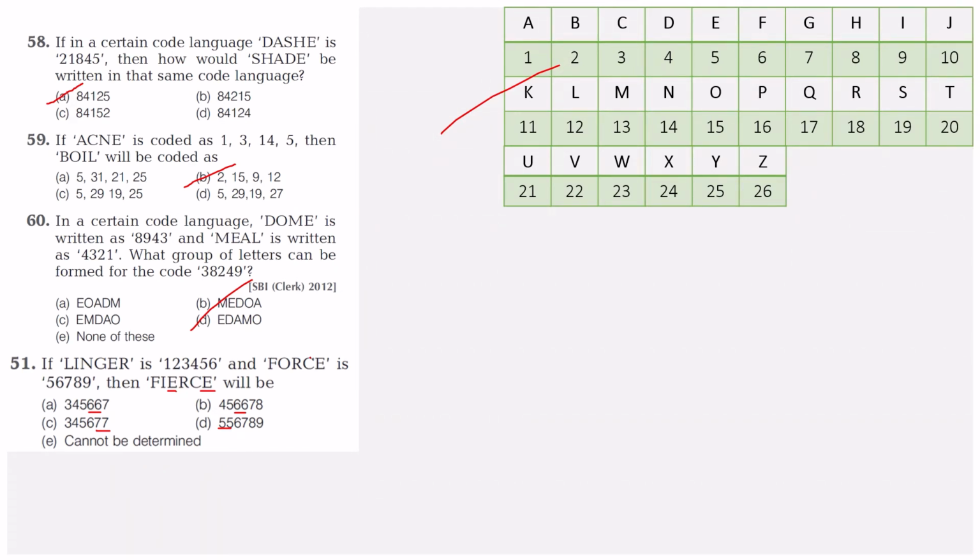I've just given some clues for you to solve this question. So just solve this question and let me know in the comment section. I'll be revealing the answer of this question in the next video. Okay, let's see if you may have some more questions. Okay, we don't have any questions over here. So this is the end of number coding.